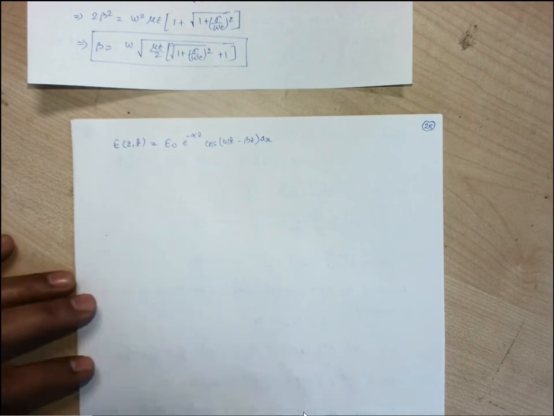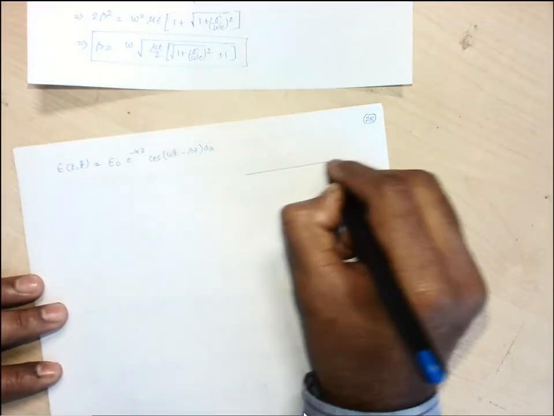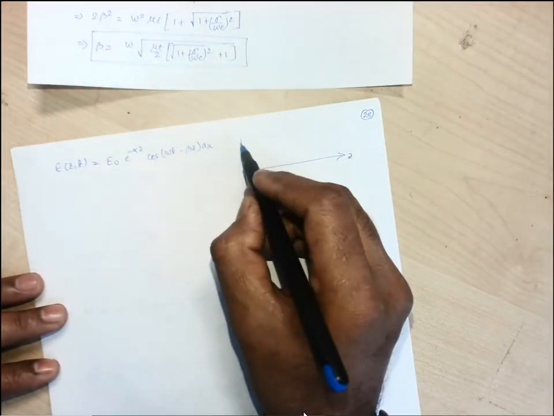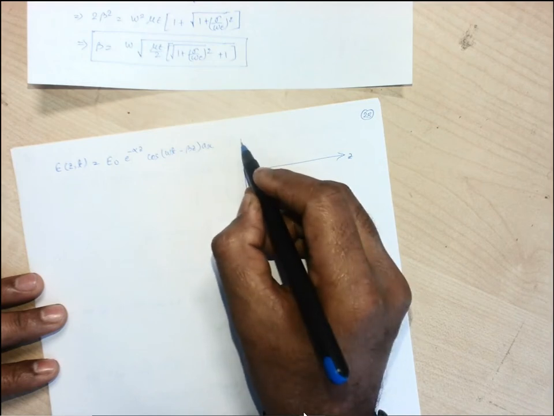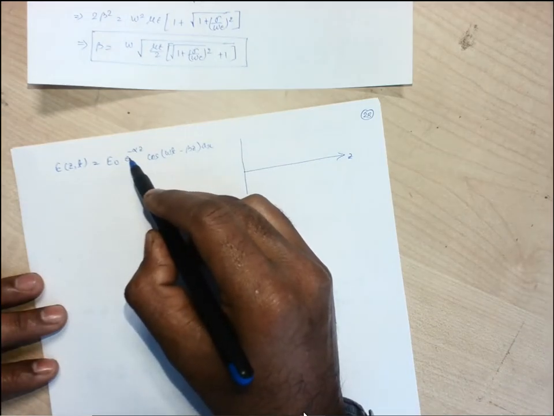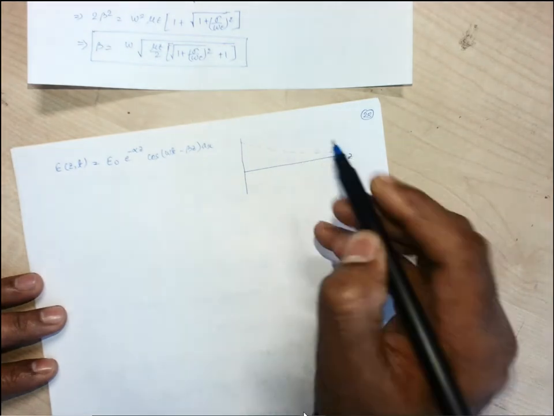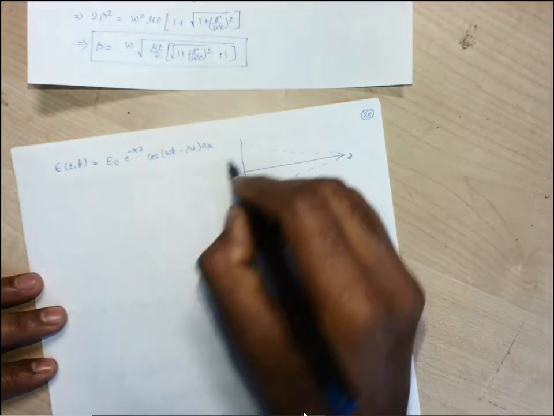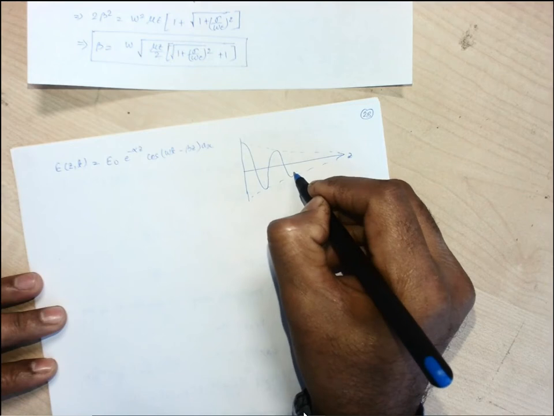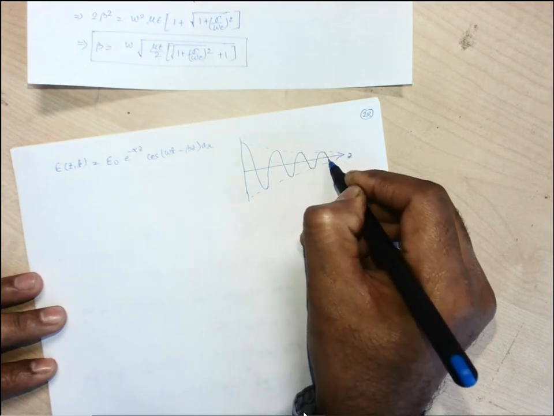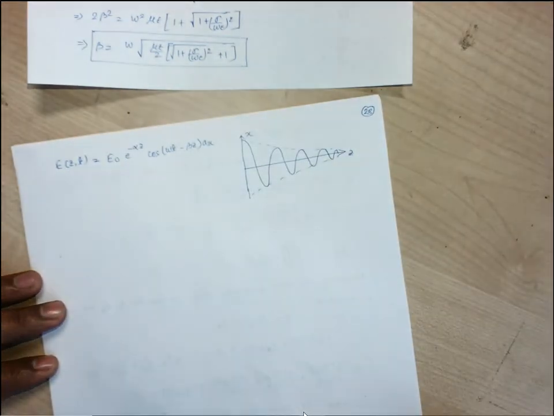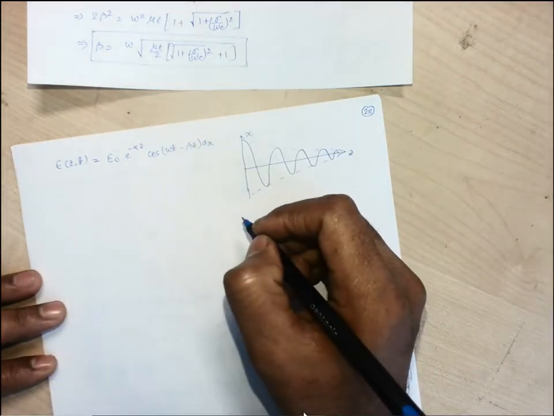right? So for this, if we are having this z direction propagation, cos, what does it mean? Cos means it is starting with the maximum amplitude, right? So cos signal is there, and it is having the envelope of e to the power minus alpha z. So it should be like this. So our cos signal will be there. So this will be our electric field which has been propagating along the z direction. This is our x. This is the x component of the electric field.